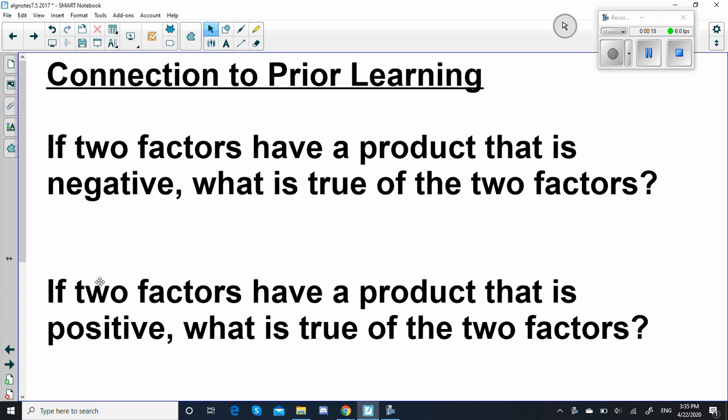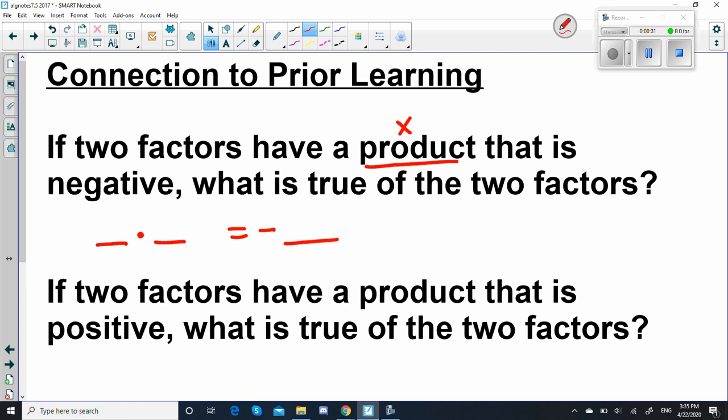Okay, so when two factors have the product that is negative, remember product means multiply. So if we have something times another something equals a negative something, we know that one of them is negative. So for example, negative 3 times positive 2 is negative 6. Or we could flip it around. 3 times negative 2 equals negative 6. So what we know is when we're multiplying, if one of the numbers is negative, it makes a negative product